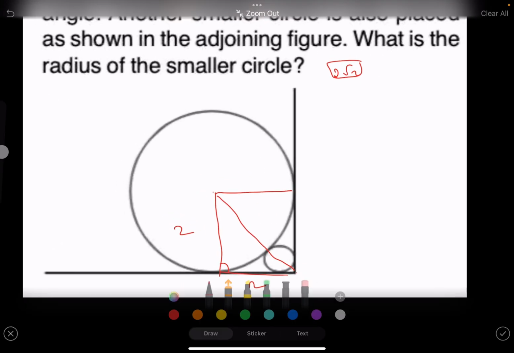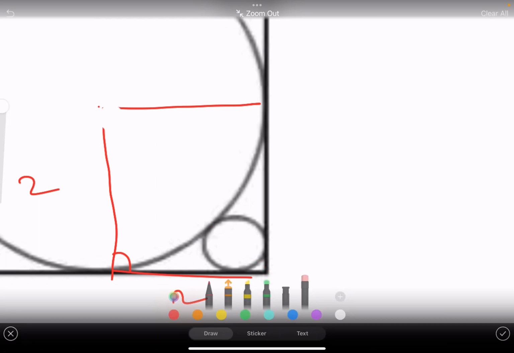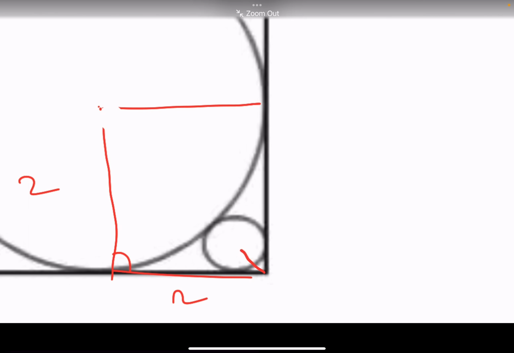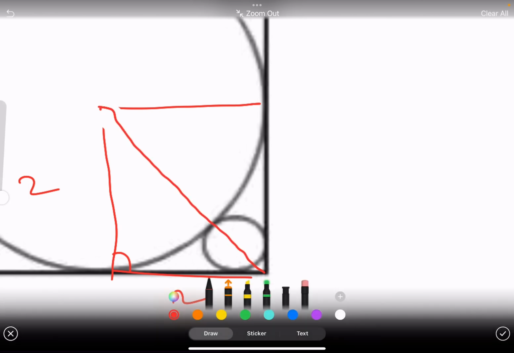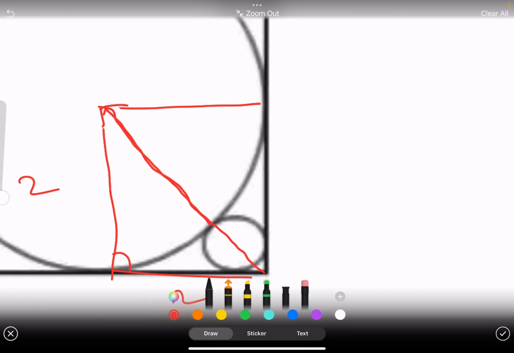Now let's try to further break this triangle. Break this straight hypotenuse line. This is the center, and this starts from here and goes on till here. Consider this straight. So this to this much is 2. This to this much is r. Now talking about this part, if you draw a perpendicular again over here, this will be r, this will be r, so this much will be r root 2. So basically this complete will be 2 plus r root 2.